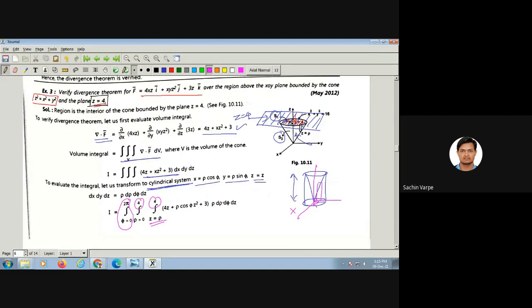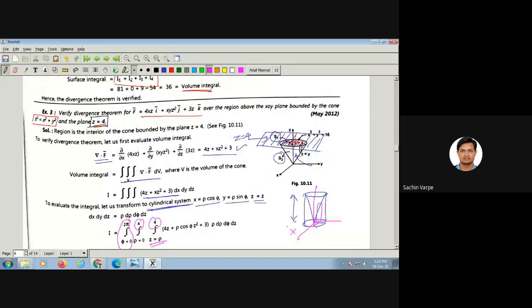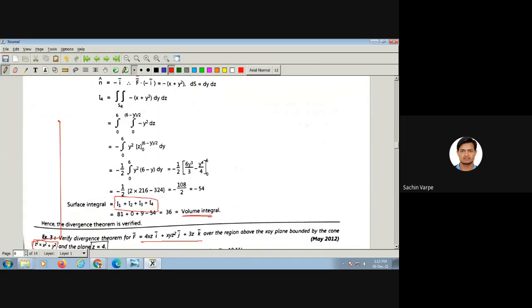Now you must be thinking, how do we get the limit of rho, the radius of this cone? Because, as we all know, first of all, the question is how to draw the cone. So to draw this particular cone, z square equal to x square plus y square, what we do,